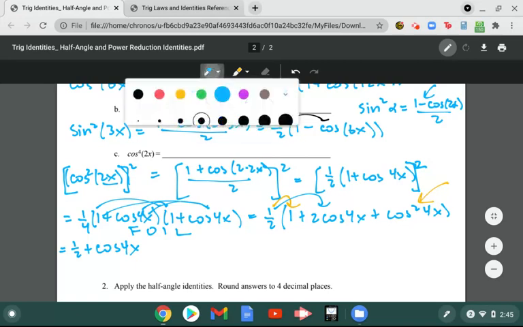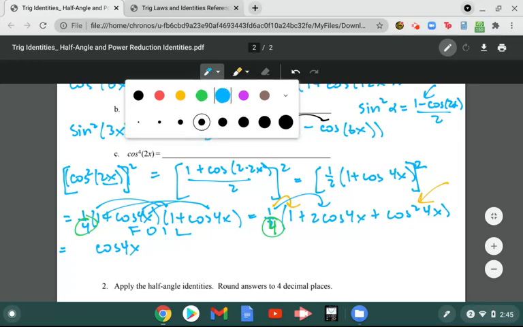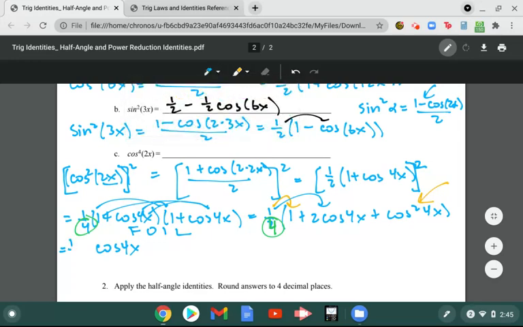So hopefully you guys caught that. This is a 1/4. So that really should be a 1/4. So this should be a 1/4, which is going to make this right here a 2/4. Okay, so hopefully you caught that. Should be a 1/4. Luckily I caught it. So if I clean these up right here, 1/4 times 1 is 1/4, plus 1/4 times 2 is 1/2. And now 1/4